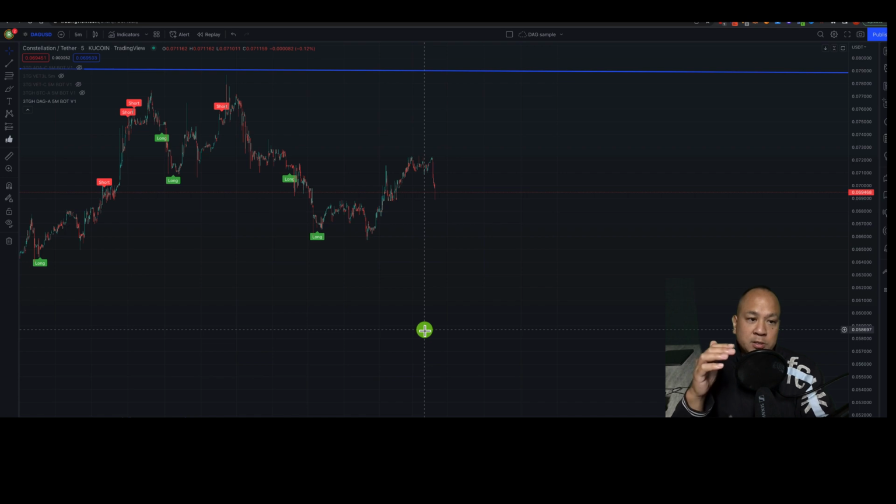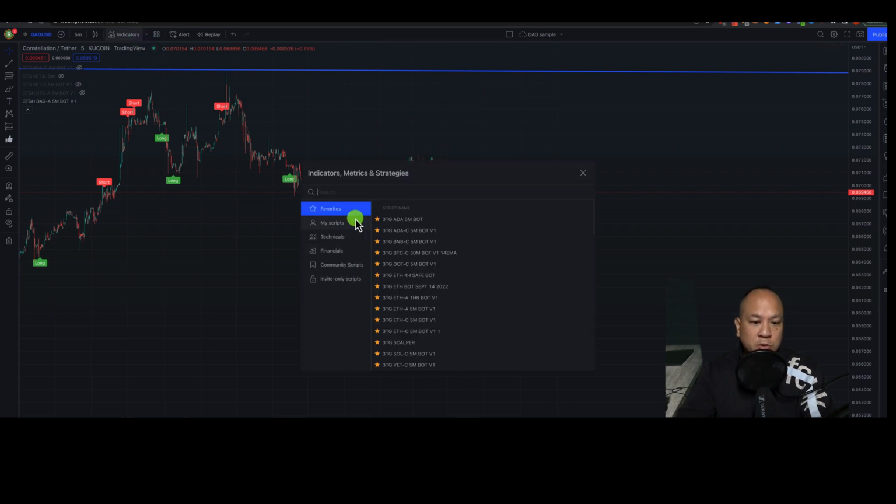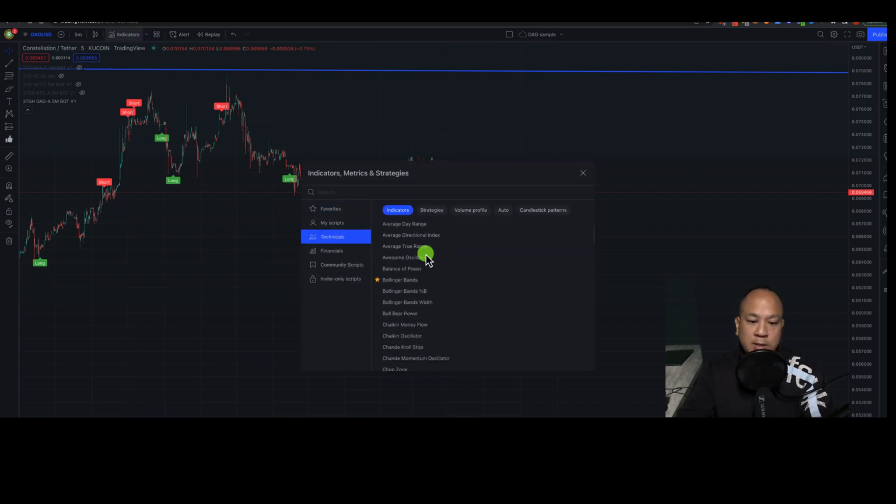All a bot is, in my way, because I use DCA bots or I open up my bot trades via TradingView strategy, meaning you've got 1,000. So I developed my own script. You've got 1,000 indicators here. So you could come over to technicals, right? And you could see there's 1,000 scripts and indicators that you can use, and you pile them up and